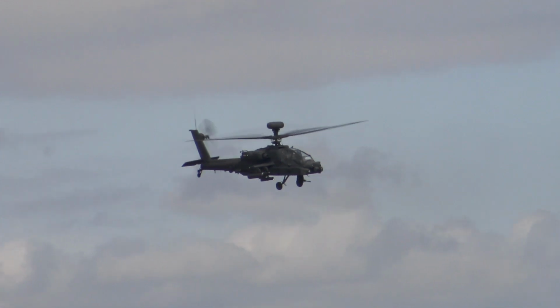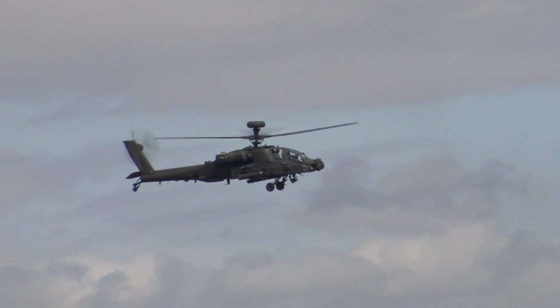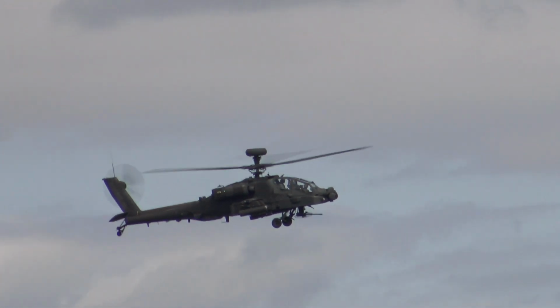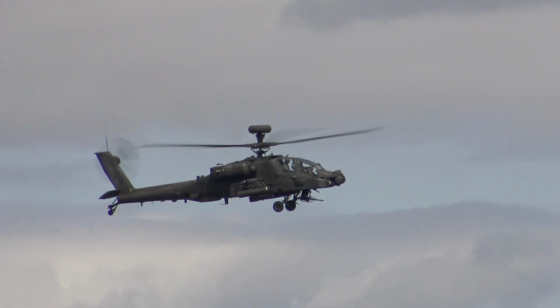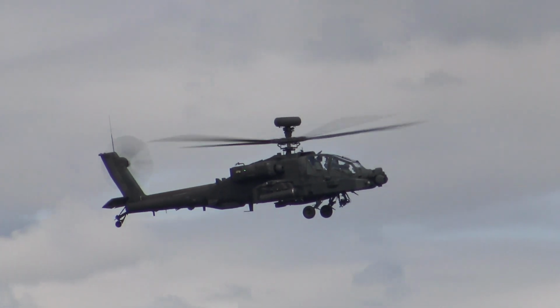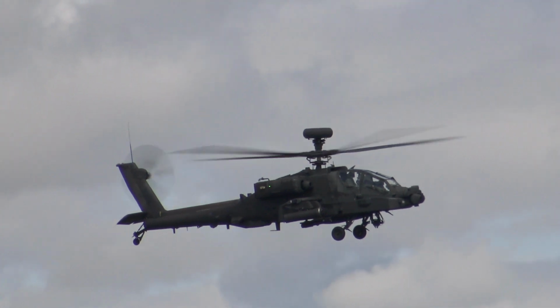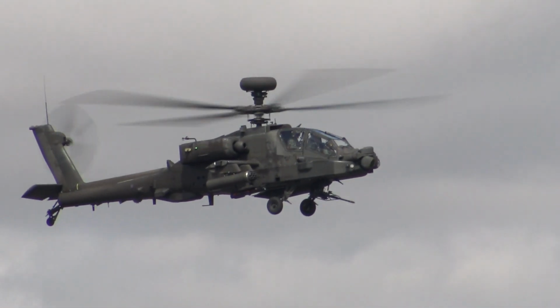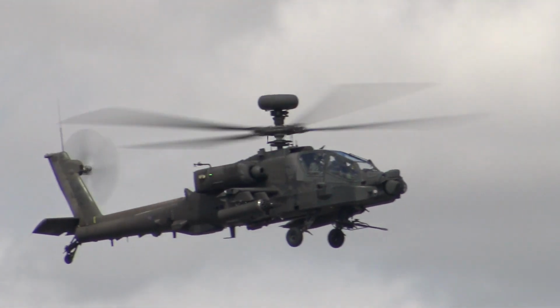Each rocket launcher that you can see on the outboard pylon has 19 70mm folding fin rockets, while the missile racks can hold up to 4 radar or laser guided Hellfire missiles. These pylons will automatically articulate through 90 degrees to keep the weapons in firing constraints for as long as possible. Both the rockets and missiles can engage targets up to ranges of 8 kilometers, while the powerful 30mm cannon